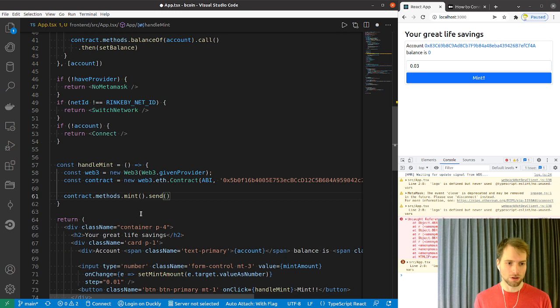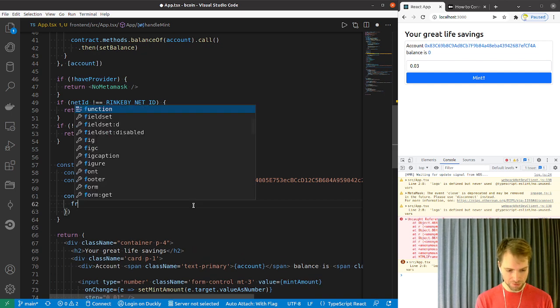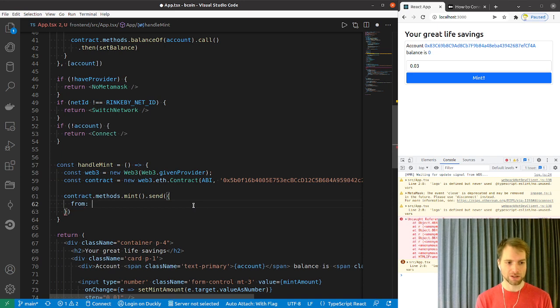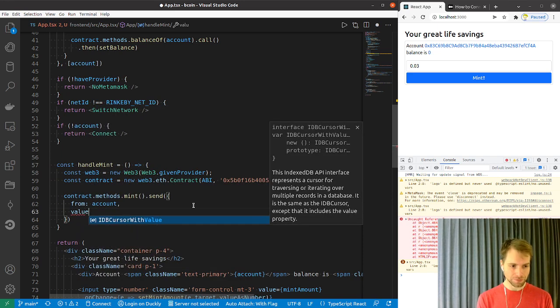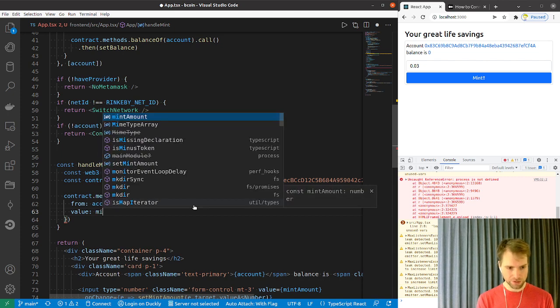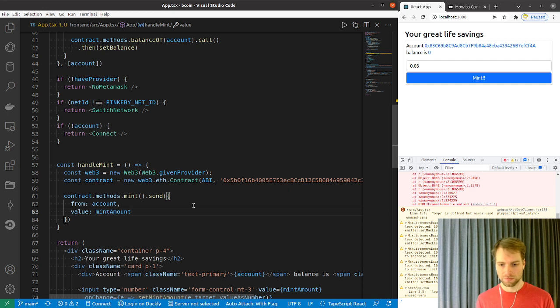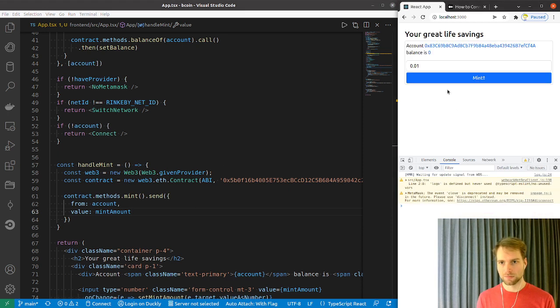But instead of call, we call send, because this time we need a transaction. And send takes an object of four parameters, and you say many things, but one of them is from which account you want to send, and value, which amount you want to send. So you could send. Let's try that. Let's just put in the mint amount. So if we click mint here, hopefully,